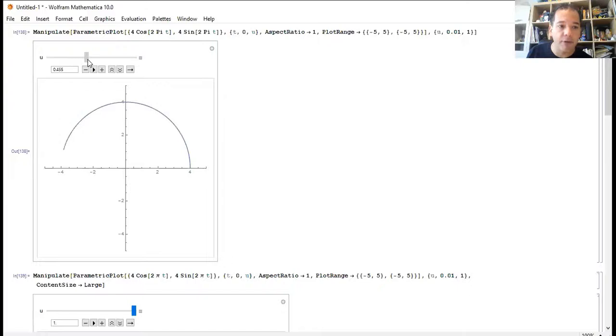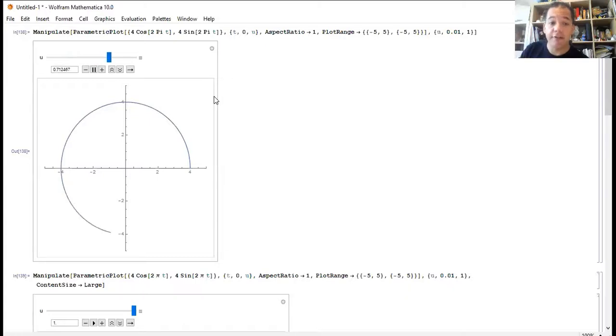This is what happens when it's 1/2. And then I keep going, and this is 3/2. And then after 1, we end up right where we started. And it looks like a circle. It is a circle. Let's make it just go like that. Keep going like that, right? So you can see how it really is a movie, right?